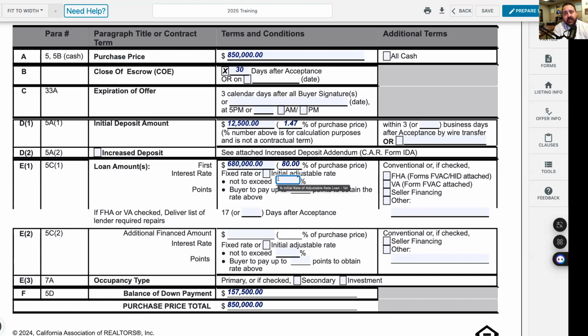And especially, I mean, historically, we've always needed to have some kind of cushion. But right now, with rates sometimes going down, sometimes going up, we never kind of know where we're at. There could be some changes to the interest rate that your buyers end up getting by the time they get the full approval. So, for example, if right now you're getting a 7% interest rate from your lender for this loan specifically,